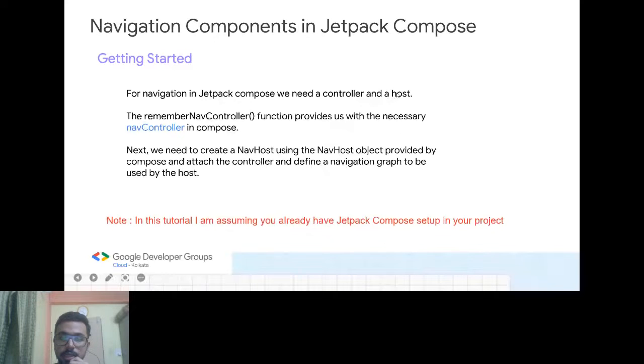and using that the compiler gets to know that these are the screens we have and how they are connected. So the rememberNavController function provides us with the necessary nav controller in Compose. So basically the controller we need is provided by the rememberNavController function that is provided to us by Compose. I will show you how this works in just a few seconds. So next we need to create a nav host using the NavHost object provided by Compose and attach the controller and